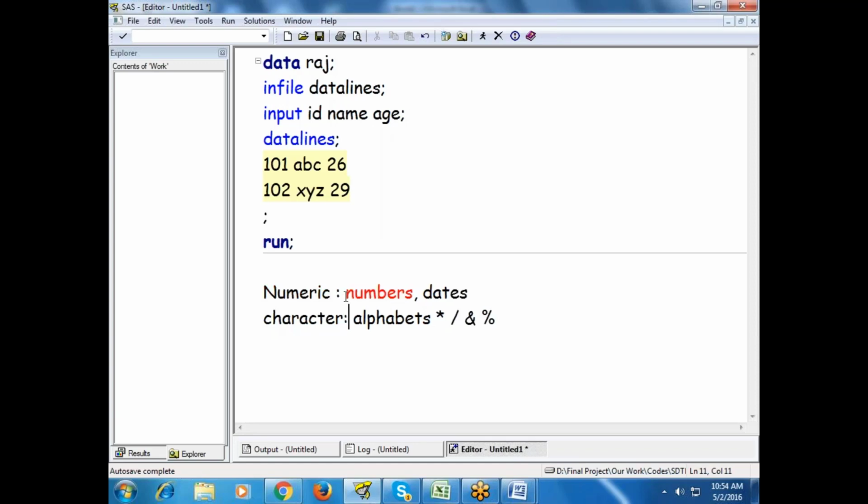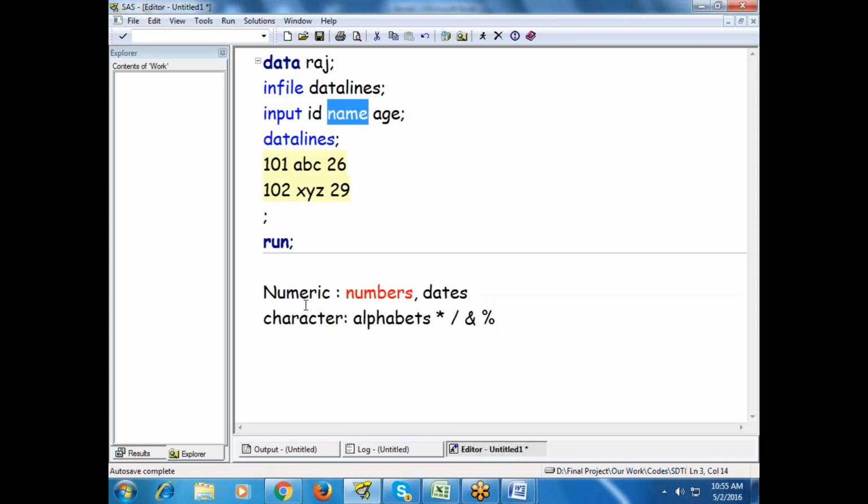alphabets like this. Correct. So whenever you are creating a variable, by default it will understand it as a numeric data type, meaning it will assume numbers. By default it expects numbers in the variable. But here, if you observe, name is not having numbers.